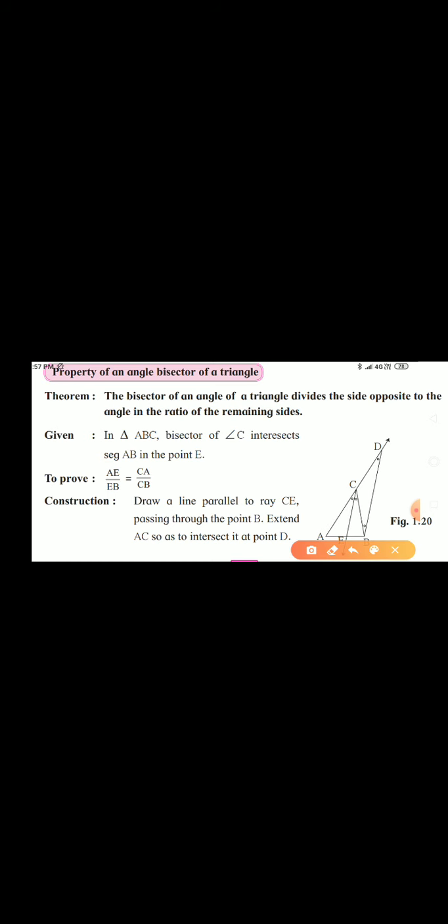So again we draw separately here. This is CE. Suppose here is point C and here is point E. Then this is the second line, that is BD. Here is point B and here is point D. Now this line AD passes like this. Here is point A and this AD becomes the transversal. If we extend these lines like this, we can see this is CE and this is line BD, and now AD is the transversal.